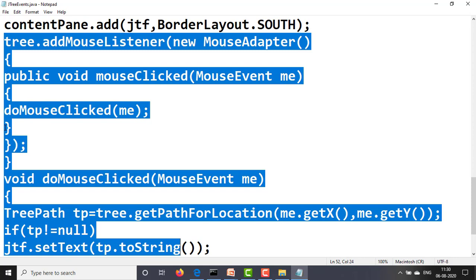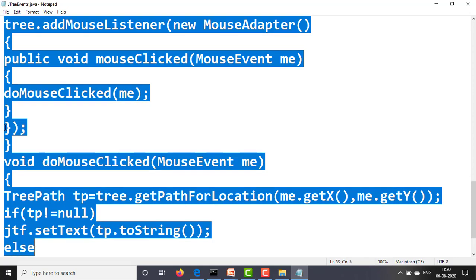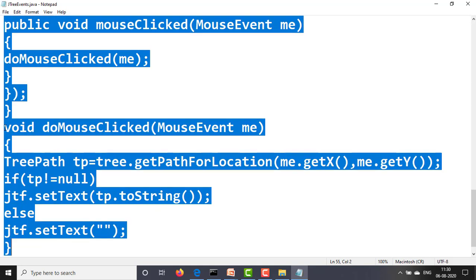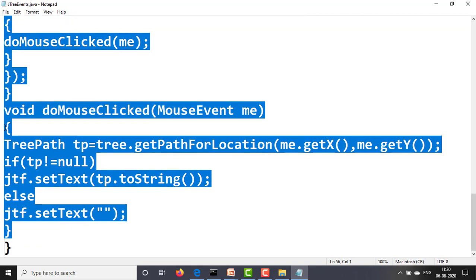So we wrap this using the toString method: jtf.setText(tp.toString()); else jtf.setText(""); close this method doMouseClicked, close the class.